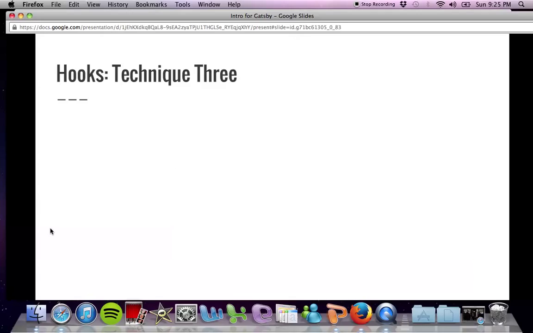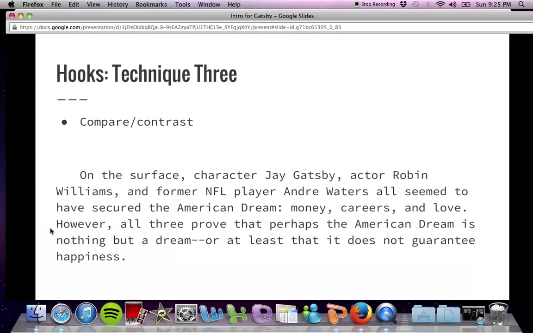Your third technique is a compare-contrast, and it allows your reader to see similarities and differences. So here's an example. On the surface, character Jay Gatsby, actor Robin Williams, and former NFL player Andre Waters all seem to have secured the American dream: money, careers, and love. However, all three prove that perhaps the American dream is nothing but a dream, or at least that it does